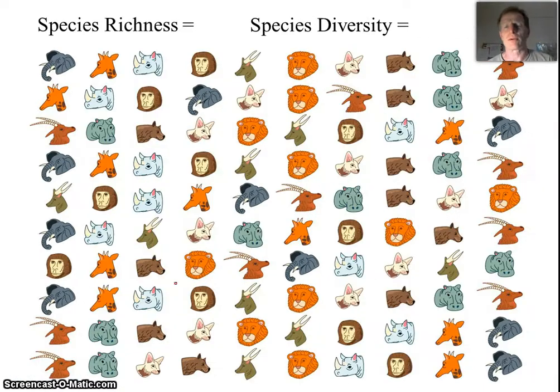Let's look at another community, and we can see here we've got the same species richness. We've got the same 10 species represented, but the diversity is much higher. We have more of an evenness of all of the species. And this is going to be a much higher biodiversity that we'll see in this community. And in class, I'll actually give you guys a formula where we calculate species diversity. It's called the Simpson's Biodiversity Index, where we calculate species diversity in a way incorporating species richness and species